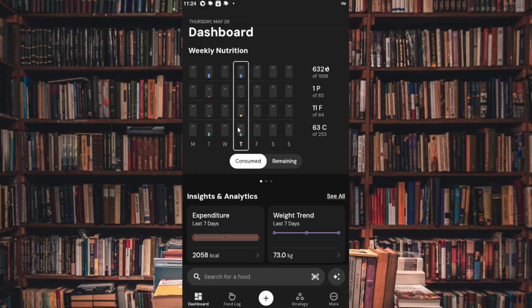The application is paid, if you don't know that, and they give like a 1 week free trial for $1. Not totally free trial, but it's fine. It's called like that. So to manually adjust macros in MacroFactor, you'll need to use either the manual or collaborative